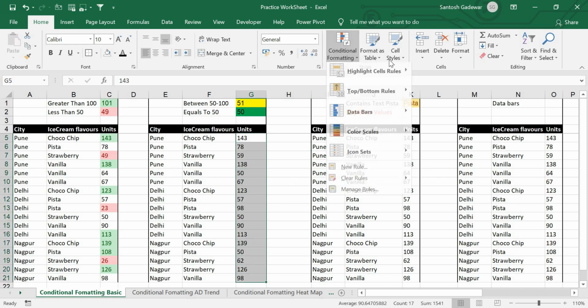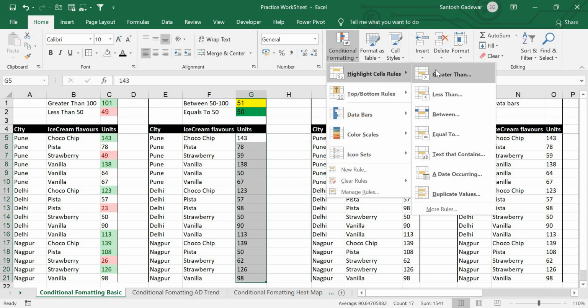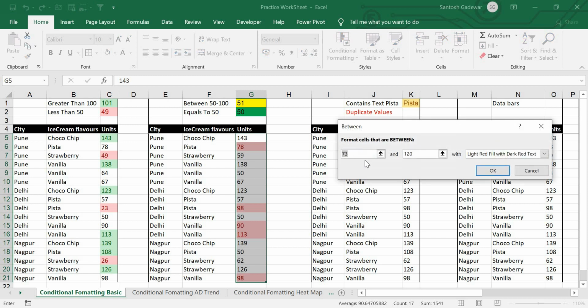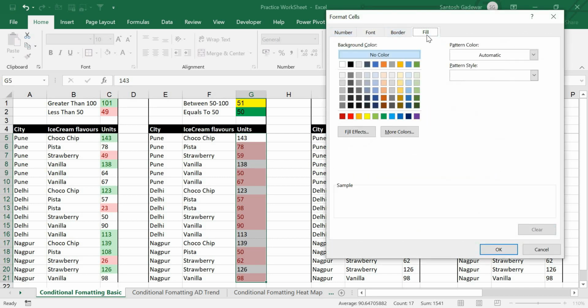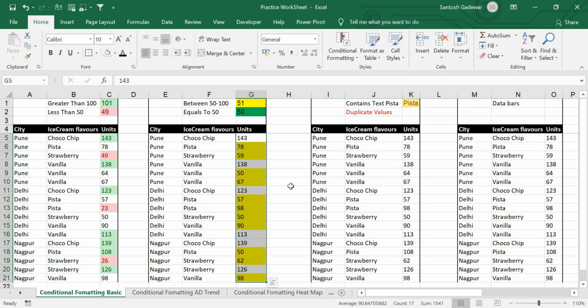Data is selected, conditional formatting, I will say between 50 and 100, and I would choose the format from custom format. Once it is there, I will go in fill, and in fill I will say yellow. I will say OK, and I will say OK. See, now the values which are between 50 and 100 have been highlighted in yellow.